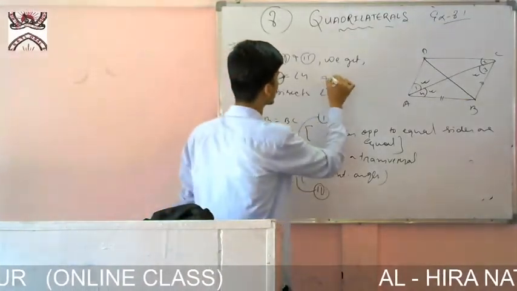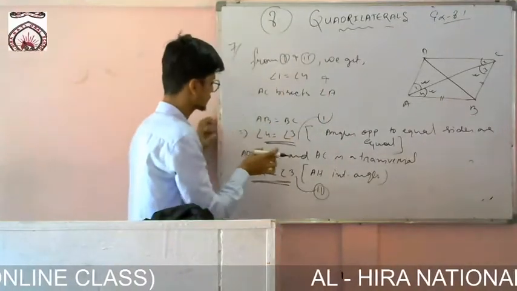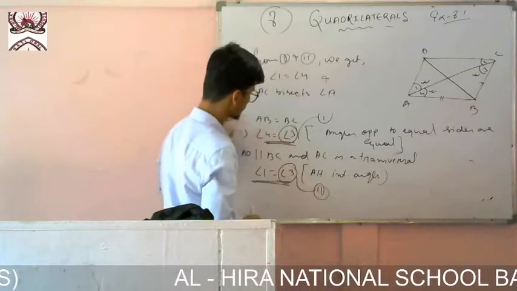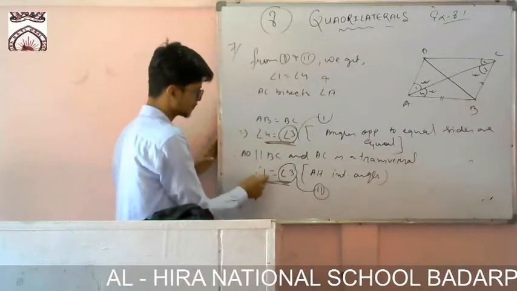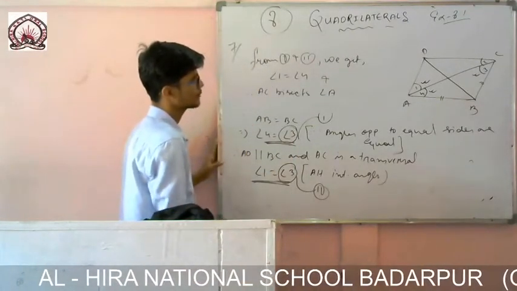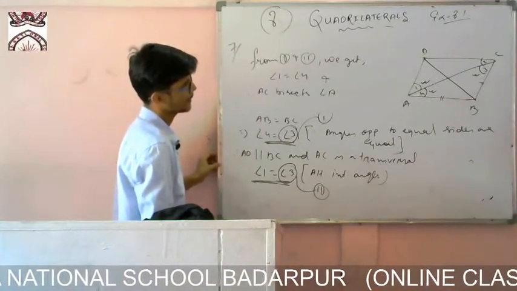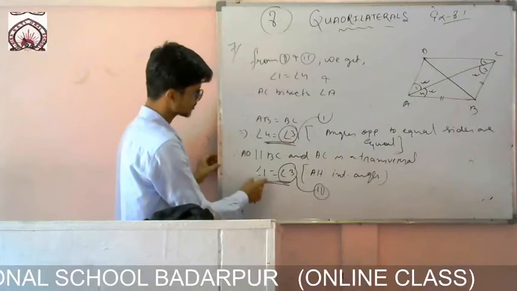And what I am getting, another one also I am getting, and you see here angle 3 and angle 4, so I have written angle 3 is equal, common, so I have written angle 4 is equals to angle 1, angle 4 is equals to angle 1, and angle 2 also equals to angle 3.